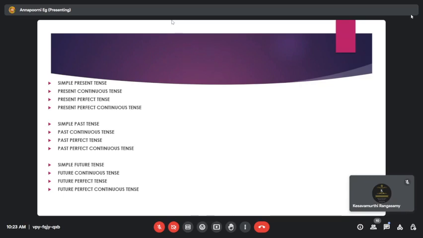Now moving to past tense. Simple past tense, past continuous tense, past perfect tense and past perfect continuous tense. Now simple future tense, future continuous tense, future perfect tense and future perfect continuous tense. So only if we call them in their full name, we can identify